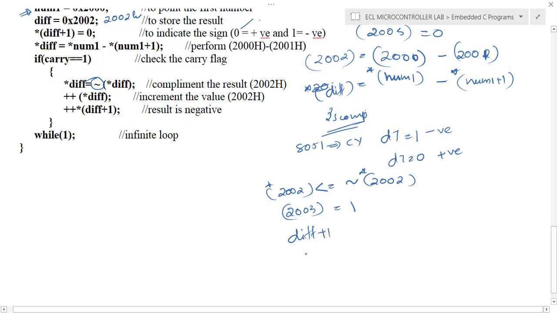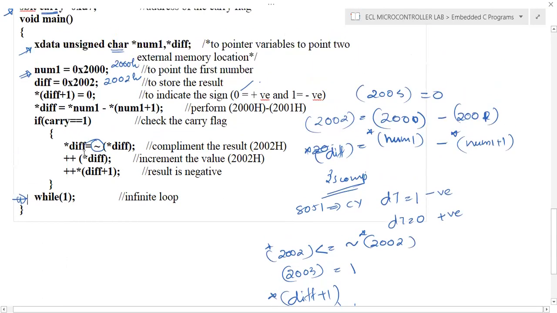Difference plus 1 will result in 2003. So the content of difference plus 1 is loaded with 1. Then we can go to the infinite loop, while 1. Now we will see how we can execute this program in the embedded C compiler.